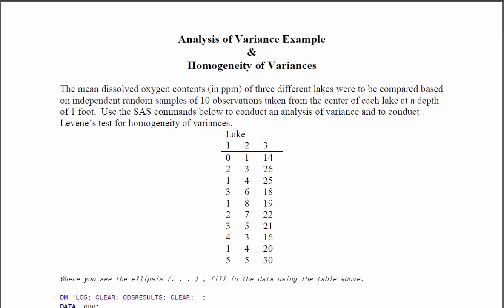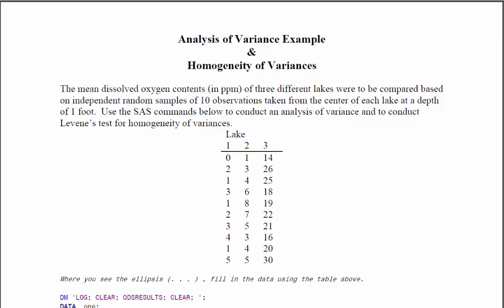In this example, we'll look at how to enter our data for an analysis of variance, which procedure to use in SAS, and then also how to test for homogeneity of variances. So in this example, the mean dissolved oxygen contents measured in parts per million of 3 different lakes were to be compared based on independent random samples of 10 observations taken from the center of each lake at a depth of 1 foot. Use the SAS commands below to conduct an analysis of variance and to conduct Levene's test for